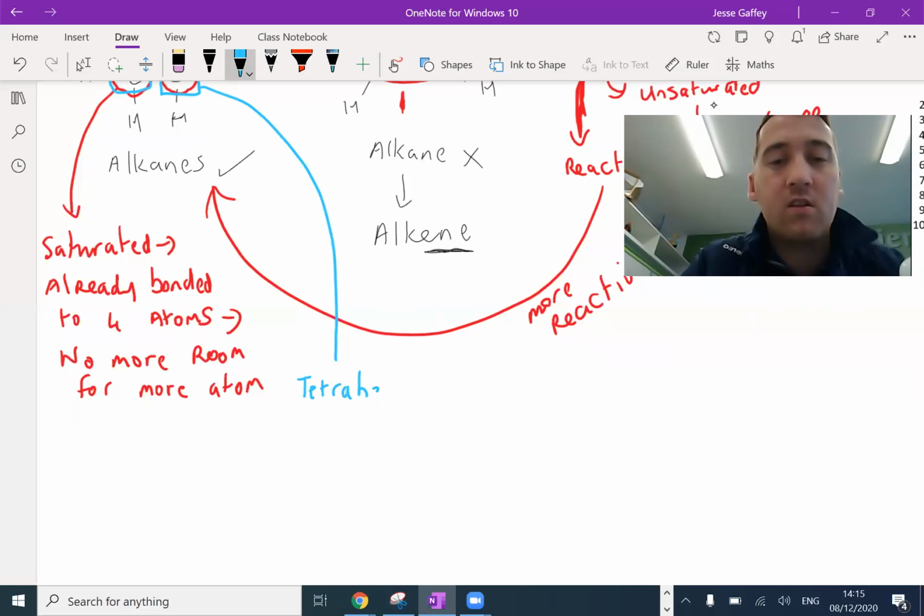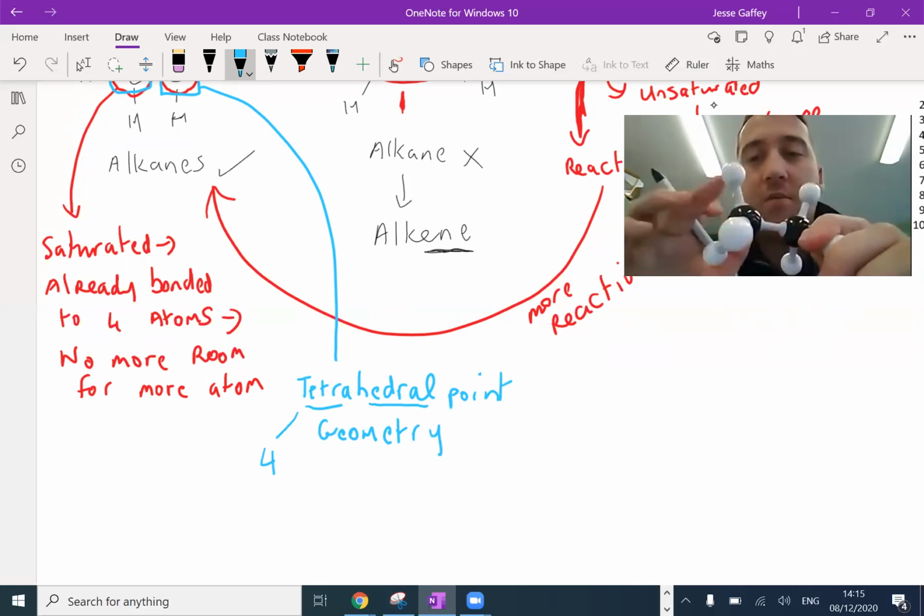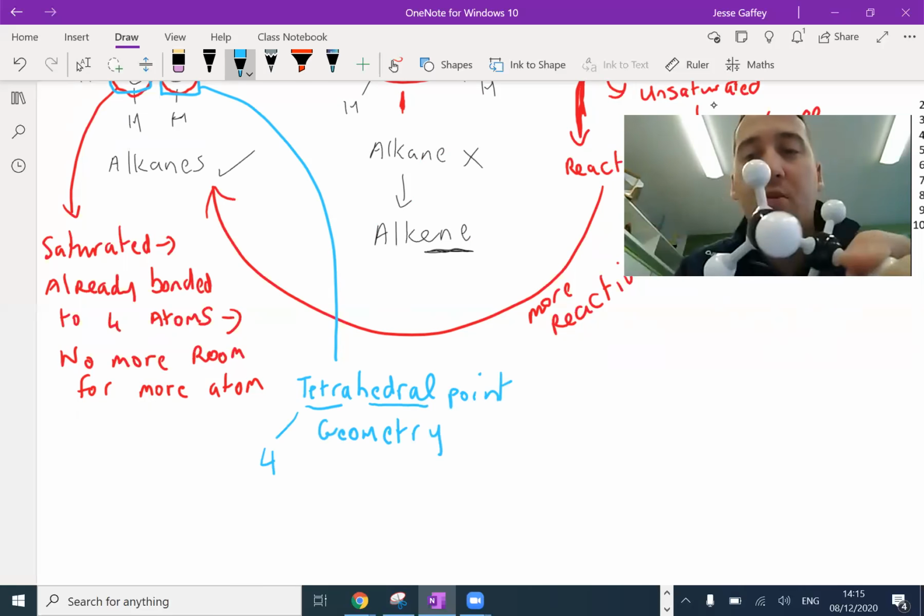We say that carbons attached to 4 different atoms have a tetrahedral geometry. Tetra means 4. That's where the word comes from. Hedral means kind of point. So tetrahedral, 4-point geometry. So each atom is attached to 4 separate